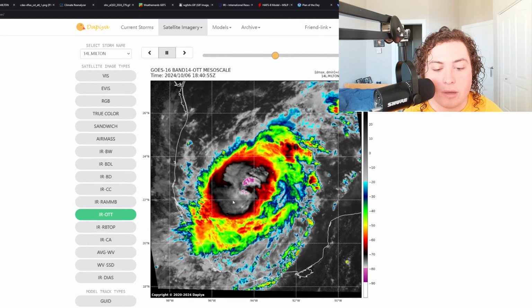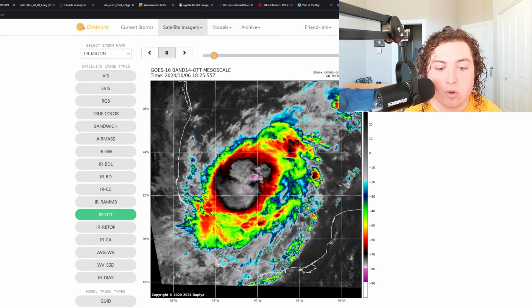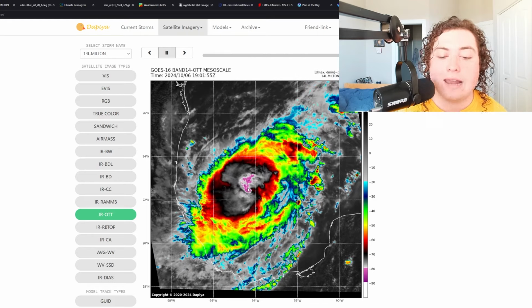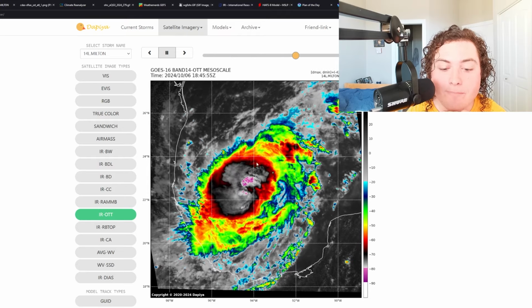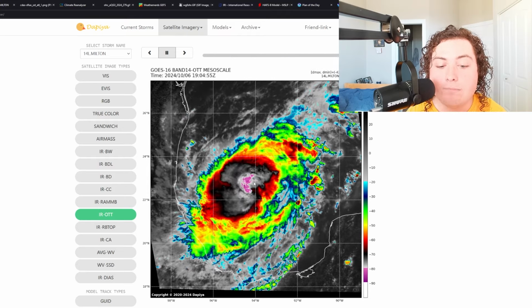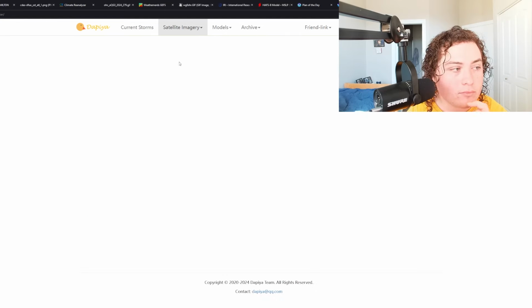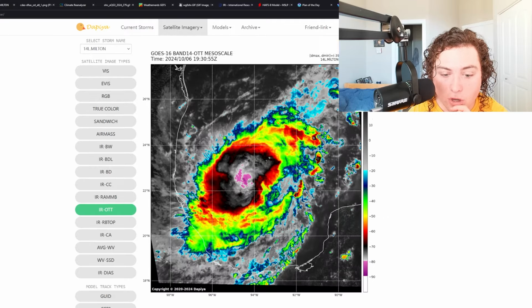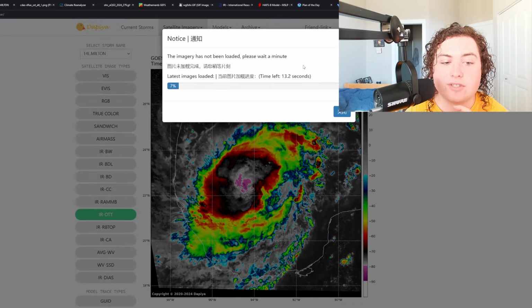We had a bunch of convection firing up on the northern side of the system right here, and then starting to wrap around very rapidly around the eye of the storm. And that is not a good sign if you do not want rapidly intensifying storms. That's a very bad sign that something really big is going on right now. And I want to go ahead and pull up the latest frames too, just to see what the progression of it is. Oh yeah, it's pretty much wrapped around at this current point right here, and let's go ahead and get that latest